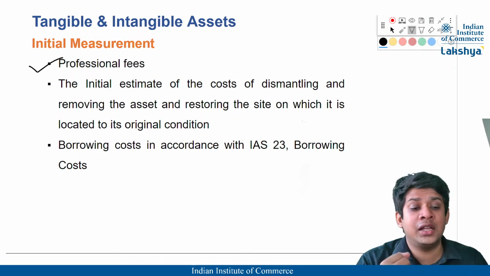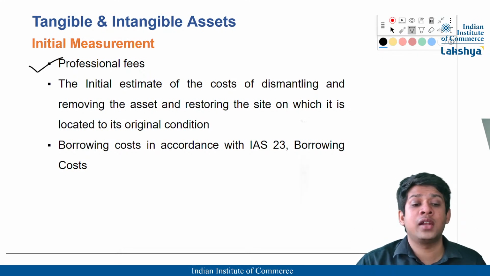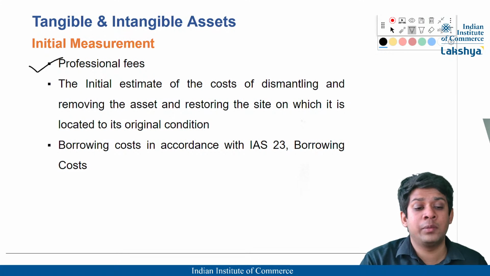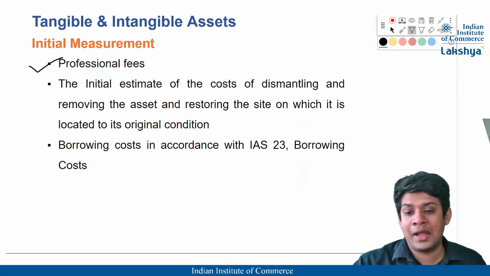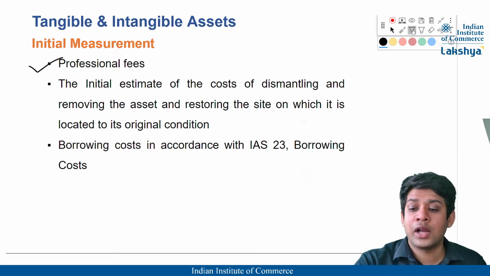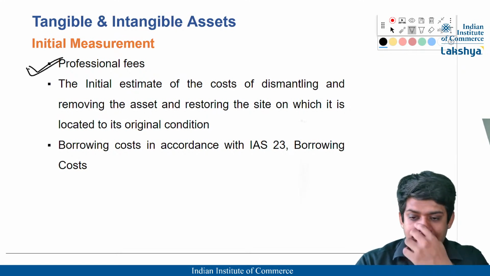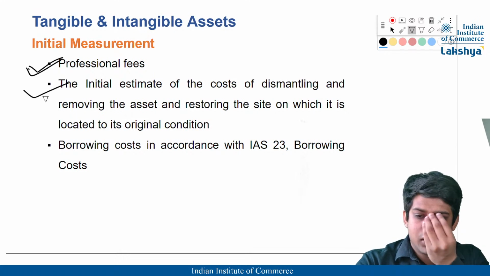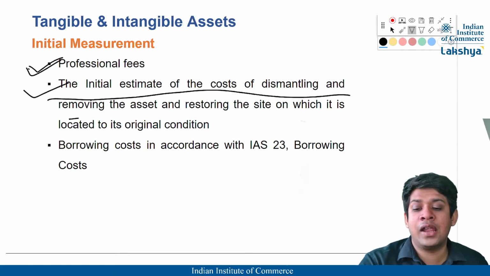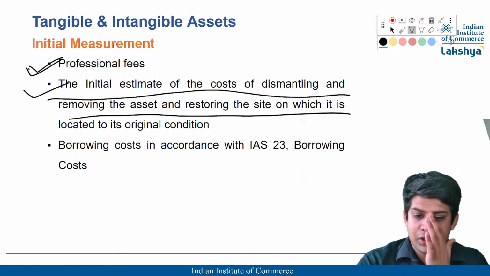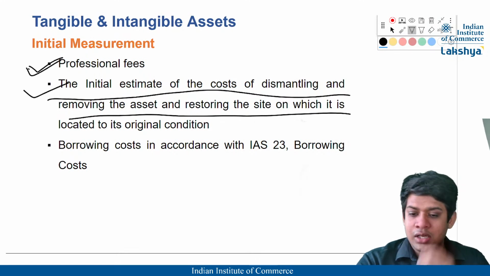Maybe I've incurred certain material expenses, certain labor expenses, professional fees, everything, right? All those costs are to be capitalized to the value of the asset. When we are constructing the asset, these costs will be incurred. Eventually they will be recoverable once I'm done preparing the asset. Okay. So right here, professional fees are also going to be capitalized. The initial estimate of cost of dismantling and removing the asset and restoring the site on which it is located